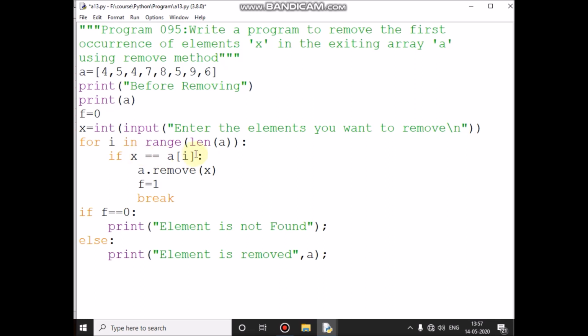6 less than 8, condition is true, then control comes inside the loop, X value is 55, 55 equal to A of sixth location value 9, the condition is false, then control comes here and it will increment the I value, becomes 7, 7 less than 8, length of A is 8, condition is true, control comes inside the loop, 55 equal to A of 7th location value 6, so condition is false, again control comes here and it increments I value to 8, 8 less than 8, condition is false,